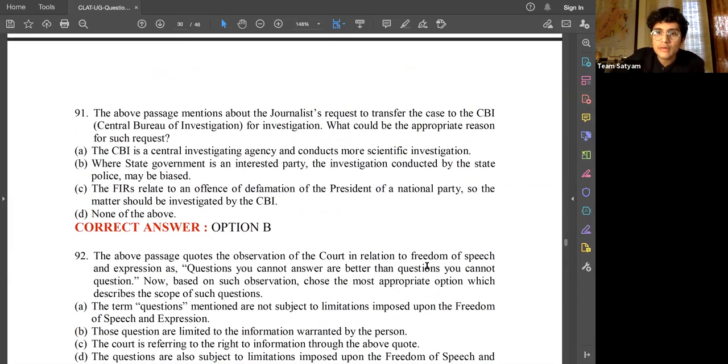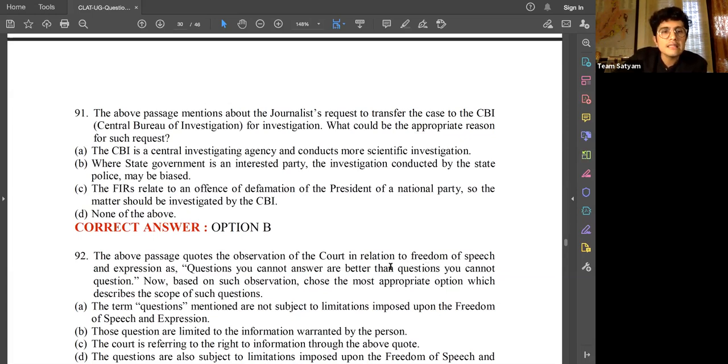So it is asking you to imagine a reason which you cannot directly source from the passage, because the passage again is not so big on why the case was transferred or why the request to the CBI was being made. It is just told that the Supreme Court refused to transfer the case to CBI, and the order of the Supreme Court that is quoted in the passage merely refers to the exercise of the fundamental right of speech and expression, and what Article 32 allows the Supreme Court to do in such a situation.